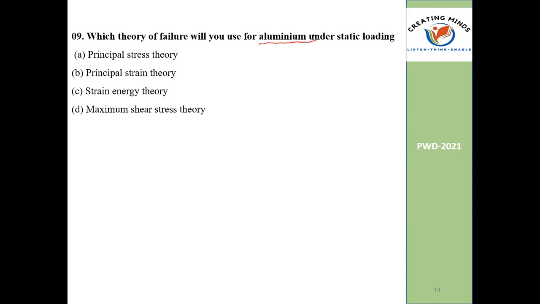Ductile. Ductile material. Okay, then which is the theory applicable for ductile? Maximum principal strain, maximum strain energy theory, maximum shear stress. Principal strain. Yes, because energy is not given, hence it is B. Right? So aluminium is a ductile material. For ductile material,